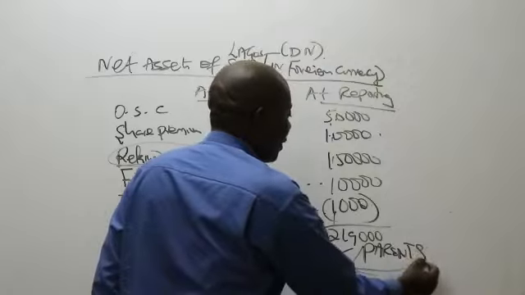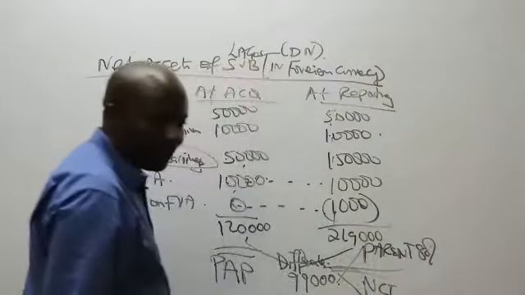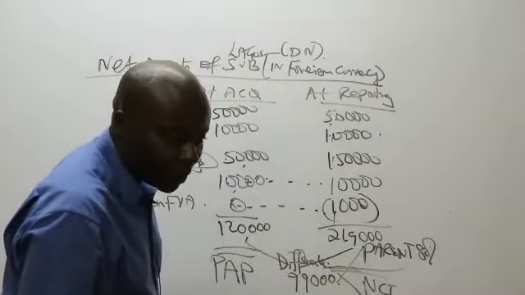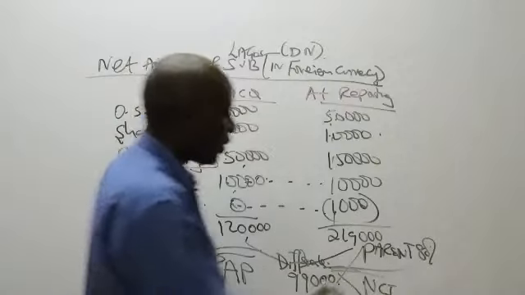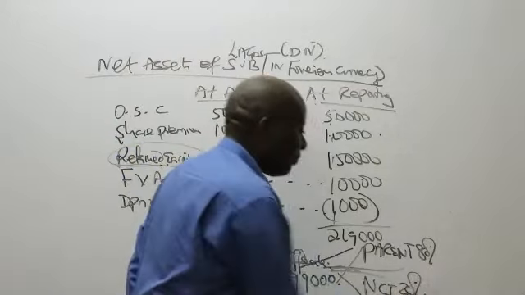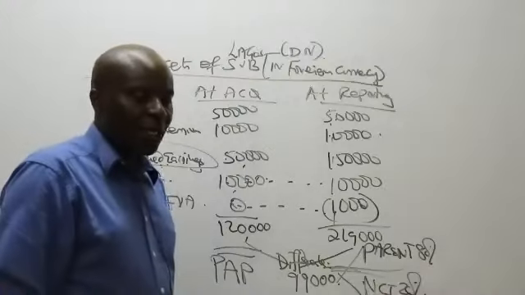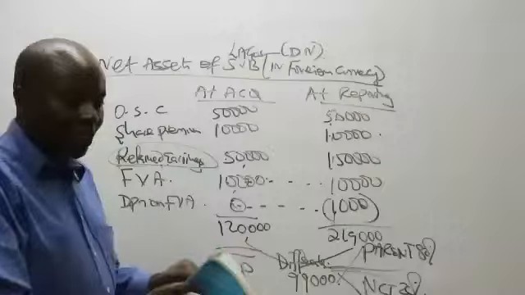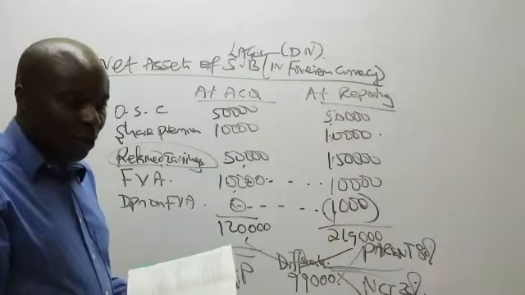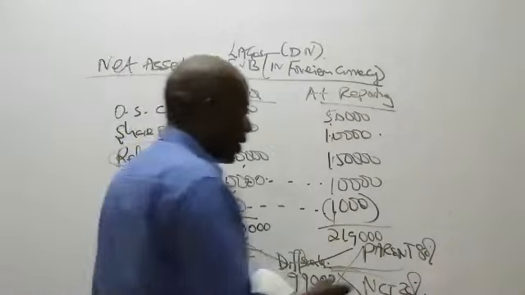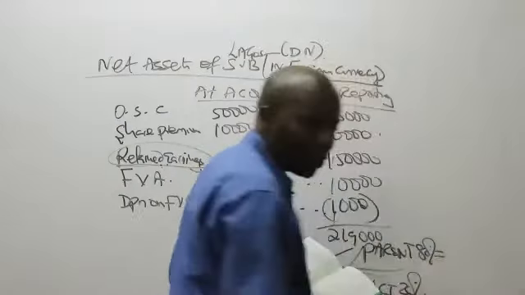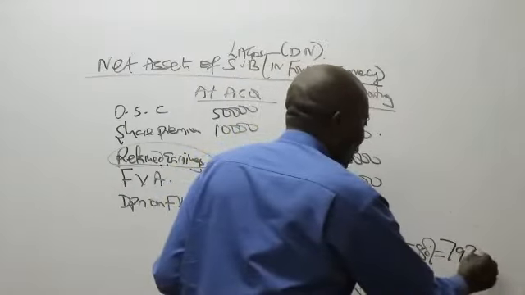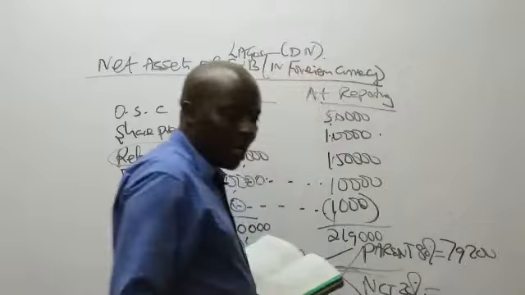Very important. Remember the parent was 80%, isn't it? And therefore NCI is 20%. Very important for me to know that. So we are at 79,200 for the parent, and then NCI